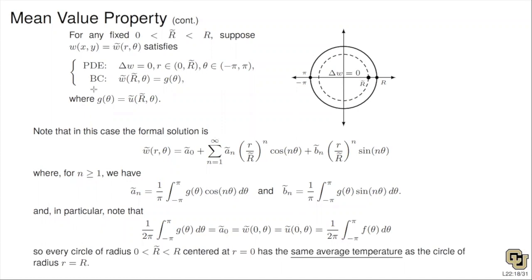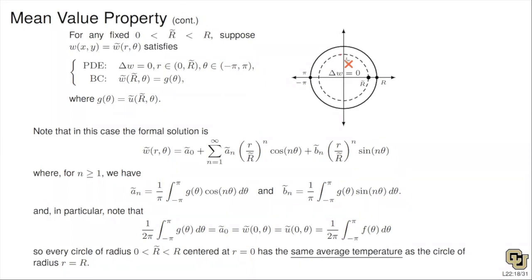So that's the other thing. I'm not saying g of theta and f of theta are the same. That's not what we're saying. What we're saying is when you average the temperatures, they are the same. And those average temperatures are also the temperature at the center. And it's not just the center. In fact, you can pick any point. I can pick any point in the circle,